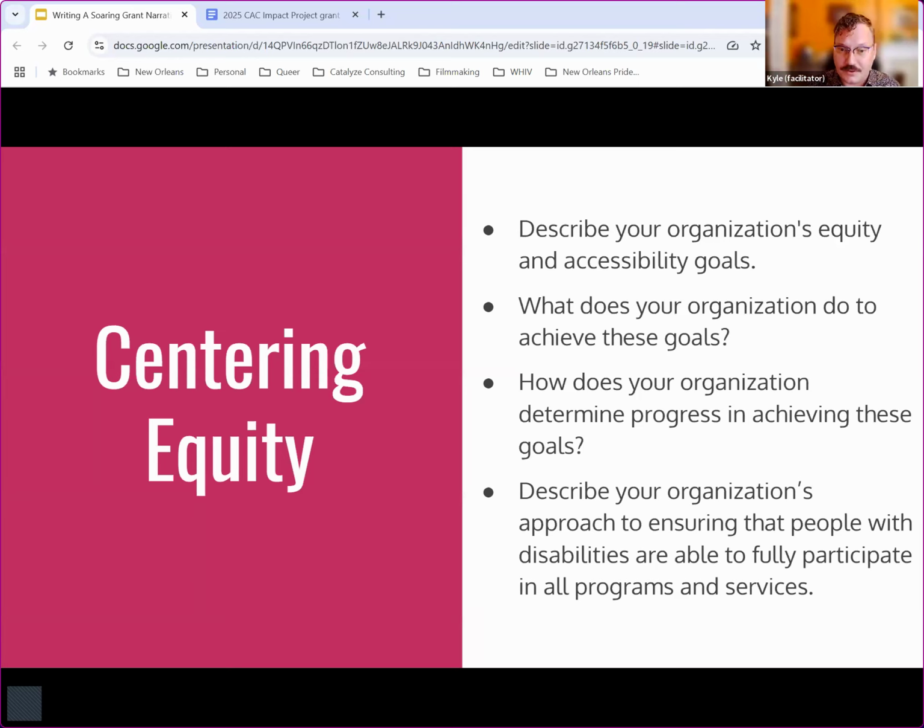They're asking you to describe your organization's equity and accessibility goals. What does your organization do to achieve these goals? How does your organization determine progress in achieving these goals? And then describe your organization's approach to ensuring that people with disabilities are able to fully participate in all programs and services. Again, this is far simplified from past years.